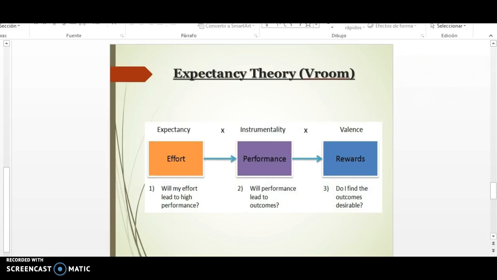Expectancy is the belief that increased effort will lead to increased performance, instrumentality is the belief that if you perform well, a valued outcome will be received, and valence is the importance that the individual places upon the expected outcome. For the valence to be positive, the person must